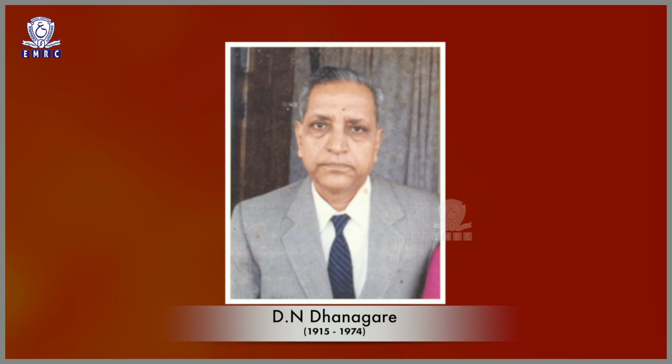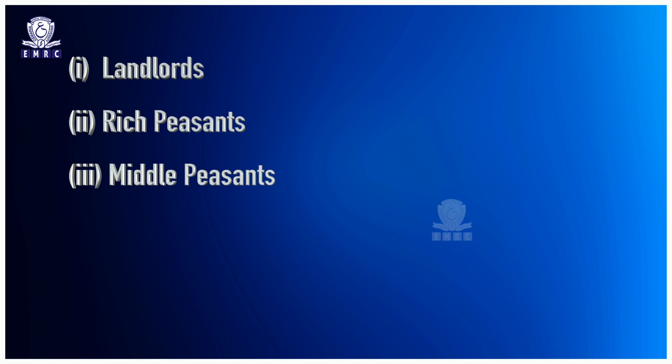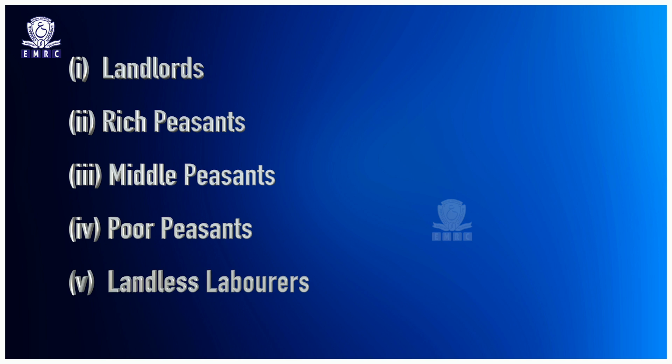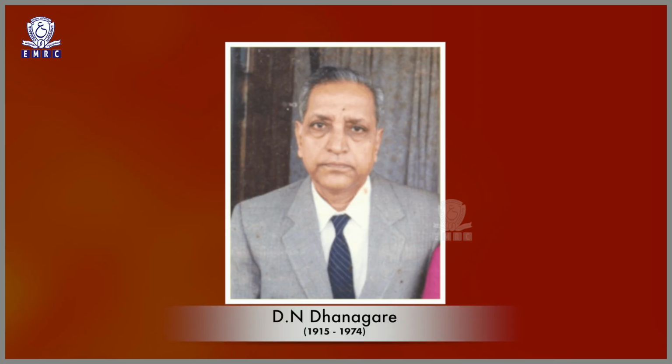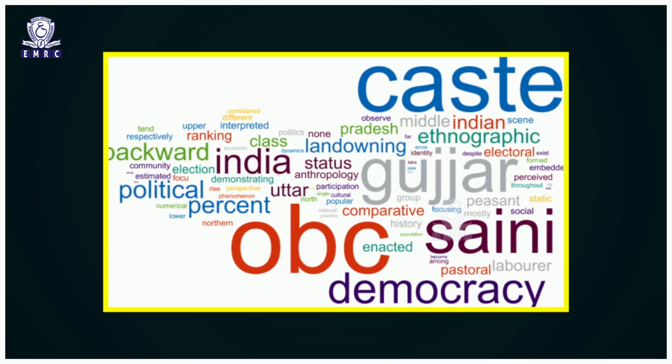Dhanagare's model of agrarian class structure constitutes the following social classes. Number 1, landlords. Number 2, rich peasants. Number 3, middle peasants. Number 4, poor peasants. Number 5, landless laborers. Dhanagare further opines that the social composition of these agrarian classes in terms of specific status